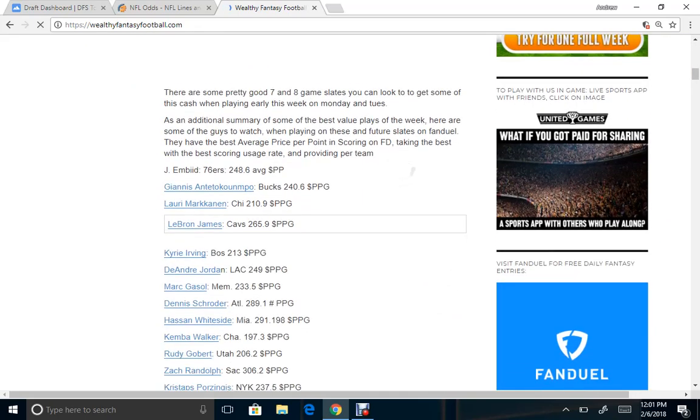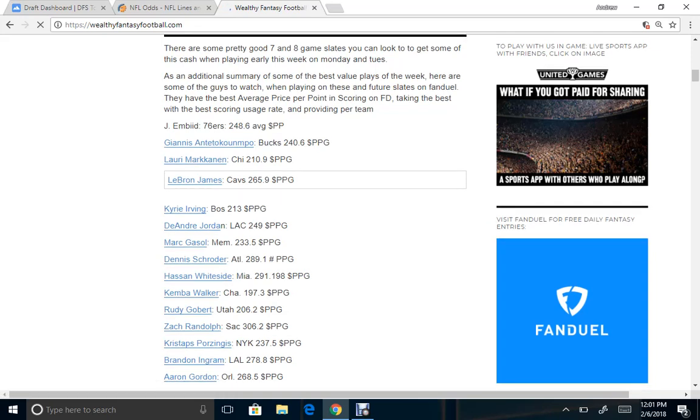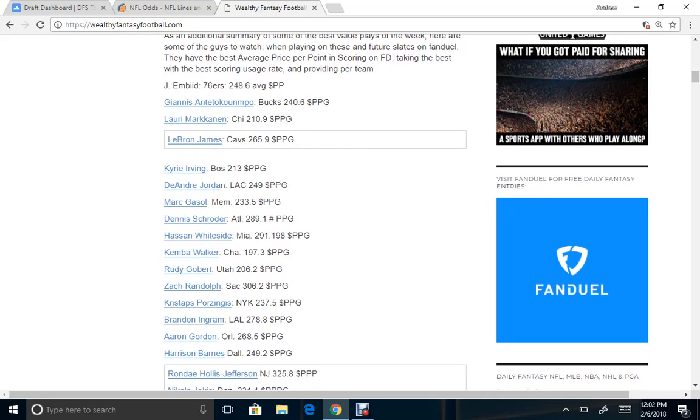I just did this for you basically to look at the average dollar per point. So, for example, Giannis from the Bucks is costing you 240. For $1 basically, has given you 240 points per dollar. So that's the current value that he's at. Now I customized this to be the last 10 games for all these players. So with LeBron that was shown, he's costing you